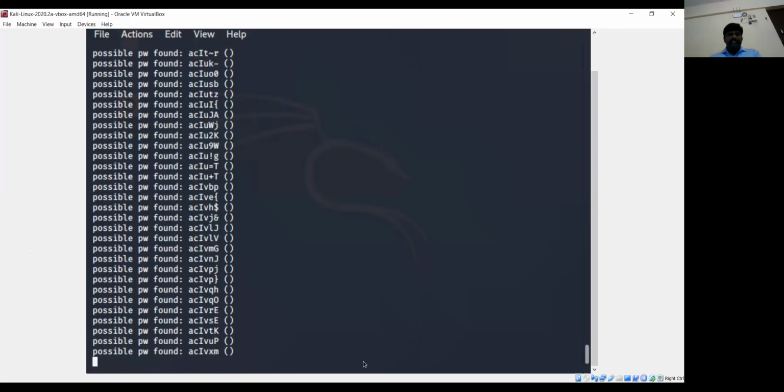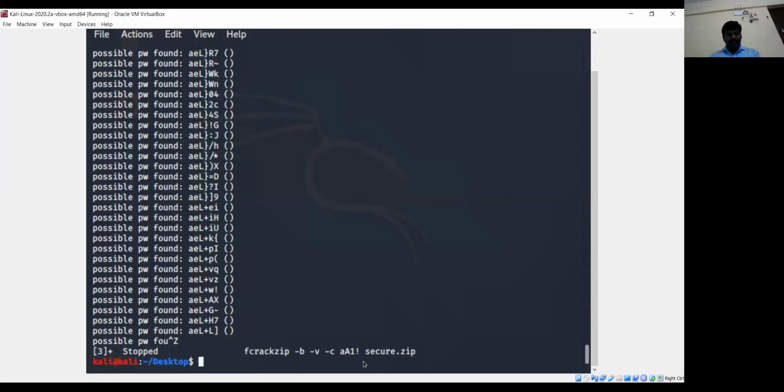Can you see the changes the brute force is trying? It started from small a, and then small c. Now it is small d, small a, small d, and now you can find the changes, right? It is trying in alphabetical order. By the way, the brute force attack will try every possible combination based on the input, or the command we pass, right?